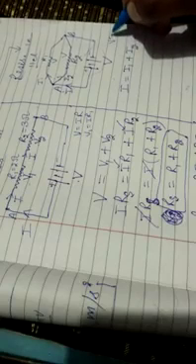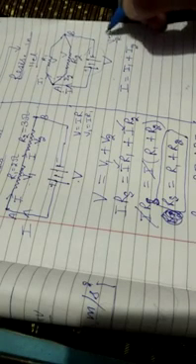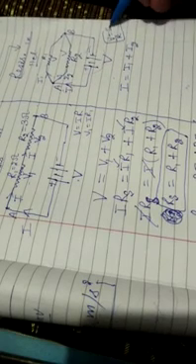On the other hand, in case of parallel, again Ohm's law, V is equal to IR, but that R can be divided here. I hope this is clear. According to Ohm's law, V by R is equal to I. Can I write here V upon R, R for parallel? Understood?